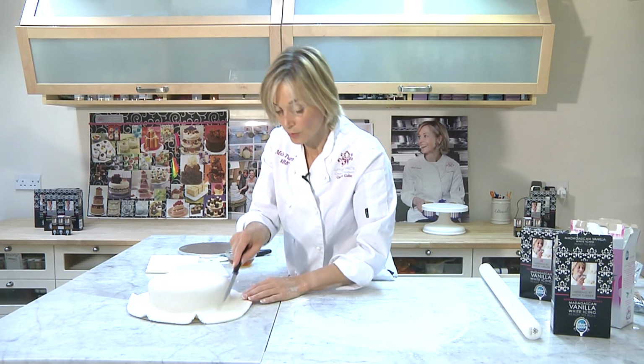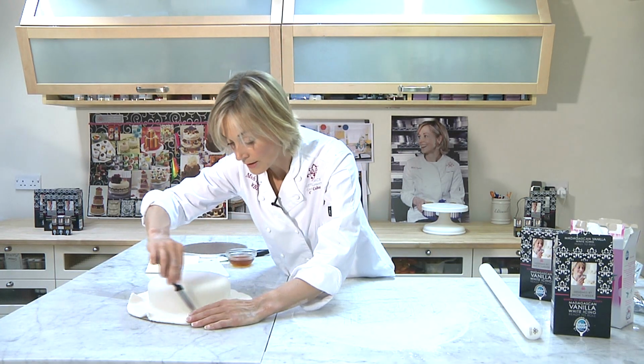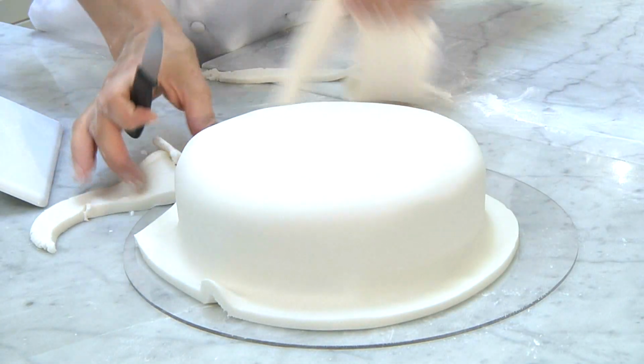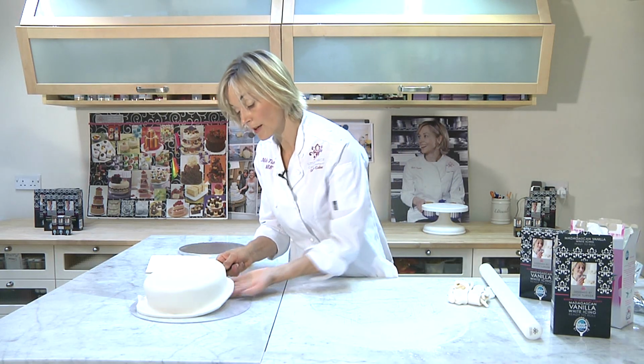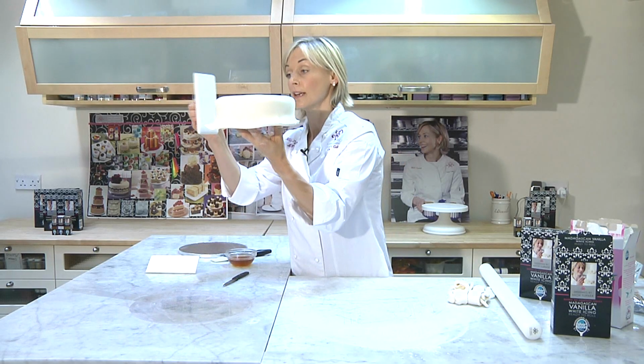And once I've made contact all the way around, I then trim the excess with a sharp blade so that I have around 1 to 2 centimetres all the way around. Remove the excess sugar paste and then put a knife up in under and lift that cake up off the table. It's sitting on a board the same size as the cake. And then with my